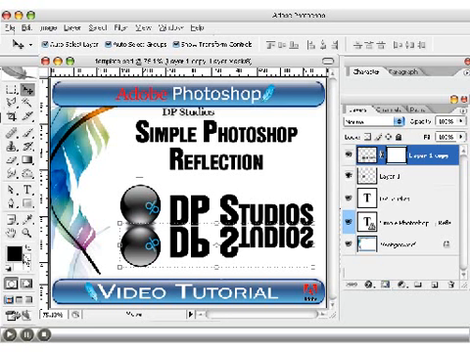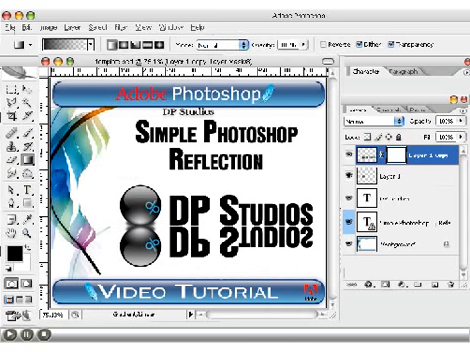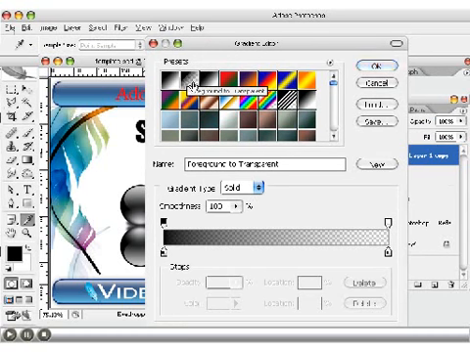Click that, and you'll see if your colors weren't already set to black and white, it will change it for you. And in a layer mask, black erases and white paints. So basically what I want you to do is go up here and you'll have your paint bucket right here. If you right click inside that paint bucket, there's a gradient tool right behind that, and then up here at the top, make sure that this is set to the default second one, which would be your foreground color to